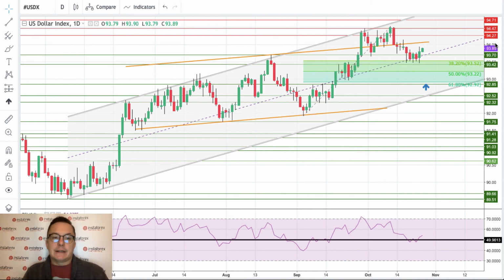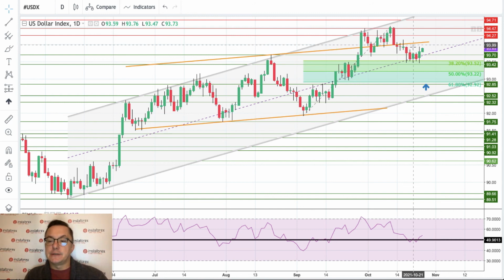We are going to start our analysis with the US dollar index. As you can see, we retraced 38% of the last wave up, down to the level of 93.52. The market tried to test the technical support at 93.42, 10 pips lower, and after a few days of consolidation, almost like a horizontal trend with non-movement,